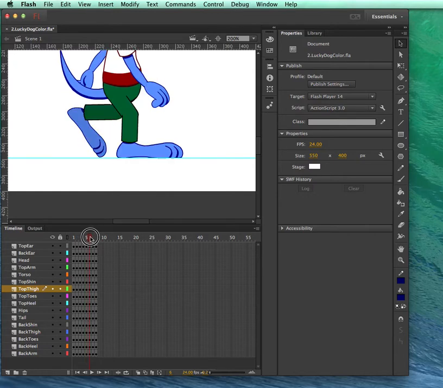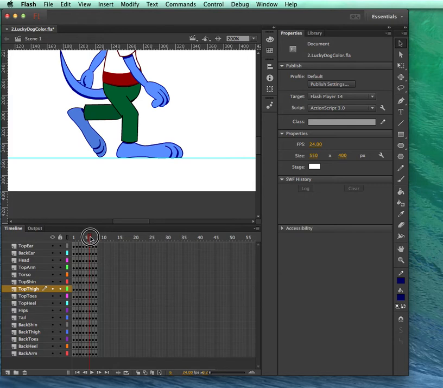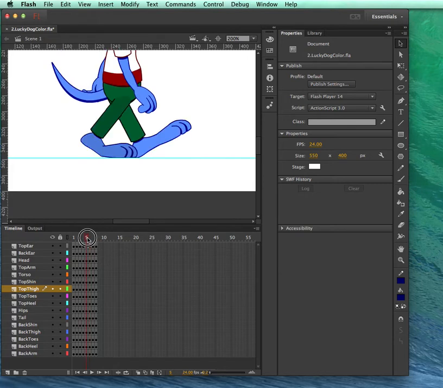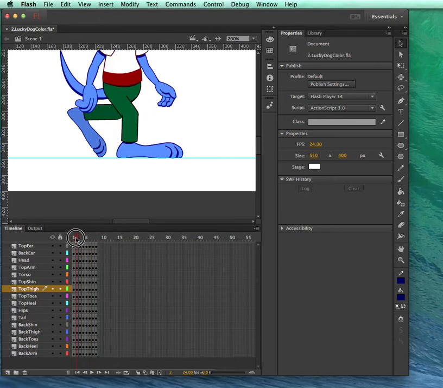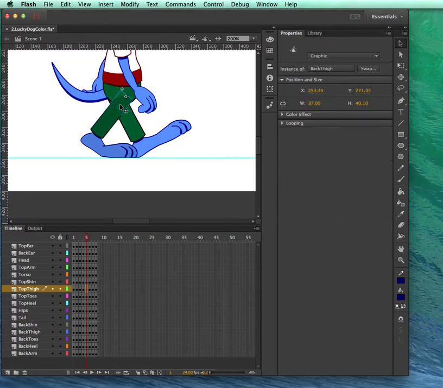Okay, I was going to suggest a swap duplicate. A swap duplicate would have given it a different name, but it seems as if I got away with it. I did edit it, and it hasn't affected that symbol on other frames, so I'm okay. All right. Now, another thing is that these are dark,